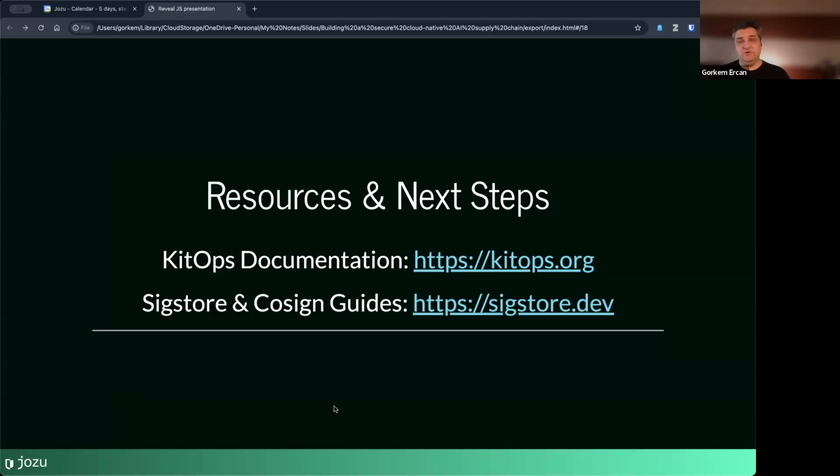And Sigstore is a very good resource for securing your supply chain, especially with Cosign, signing and attestations. It's basically what Sigstore specializes in.